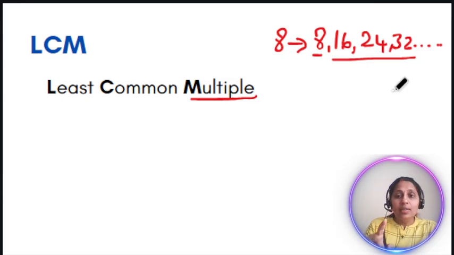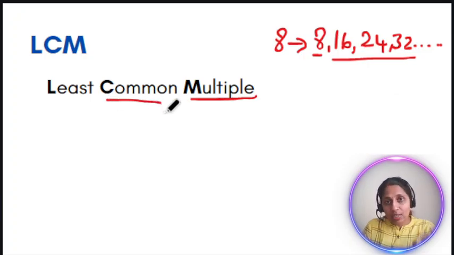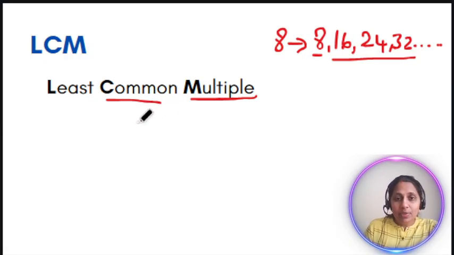And they are infinite. There are many multiples for a given number. Usually all these numbers will be bigger than the number itself. Now again, coming to the word common. When we say common, we will be finding it between two numbers. Say for example, take two numbers,